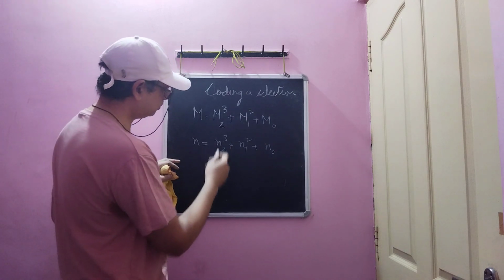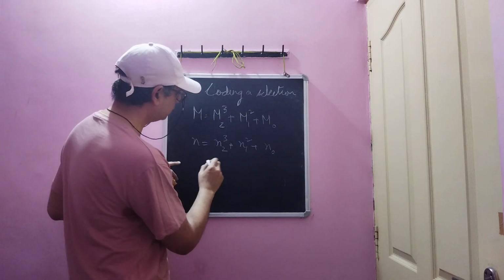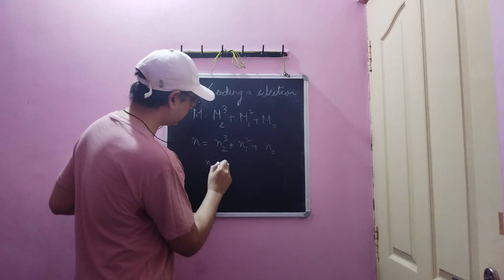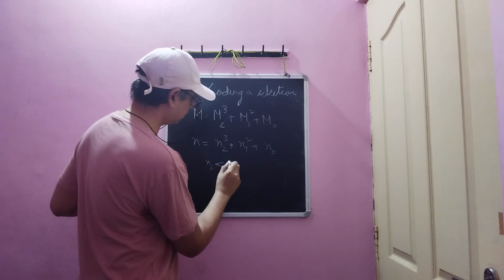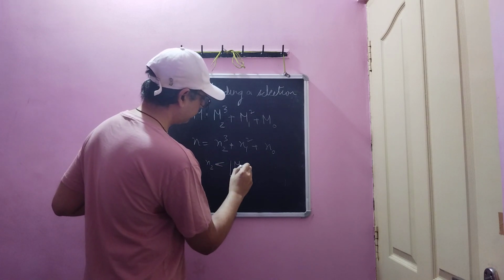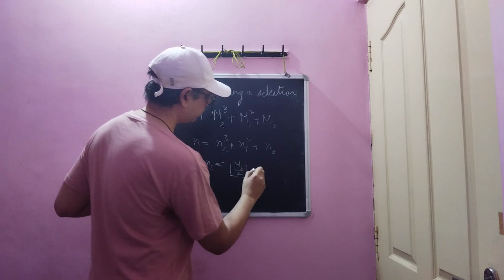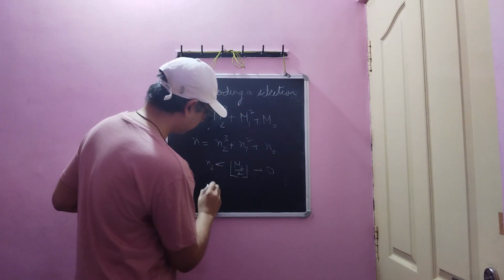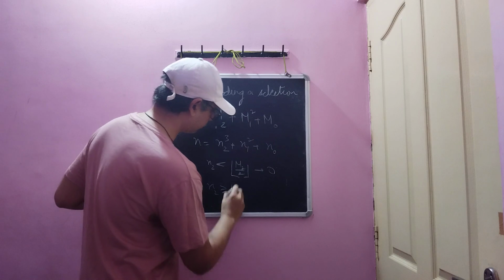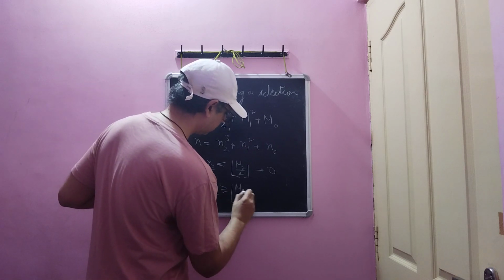Similarly, if n2 is less than floor of m2 by 2, it will correspond to the case 0. When n2 is greater than or equal to floor of m2 by 2,